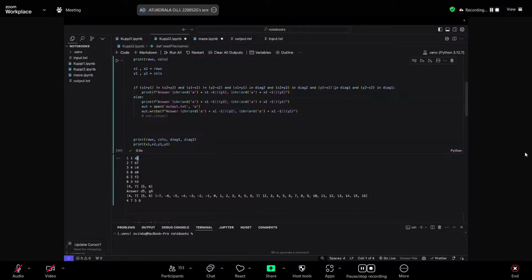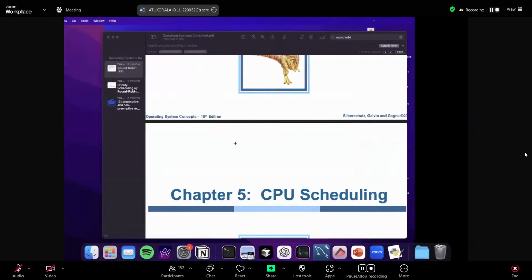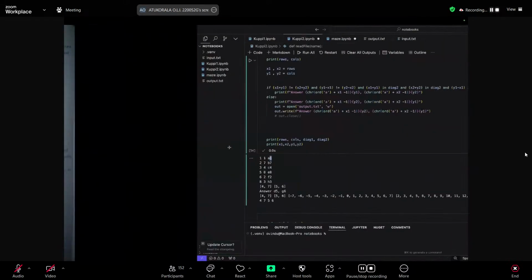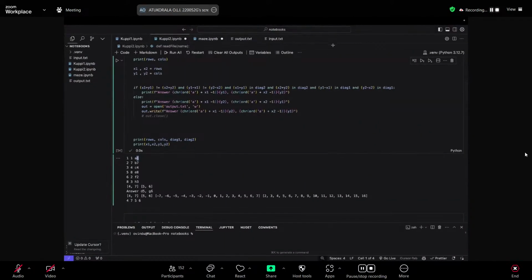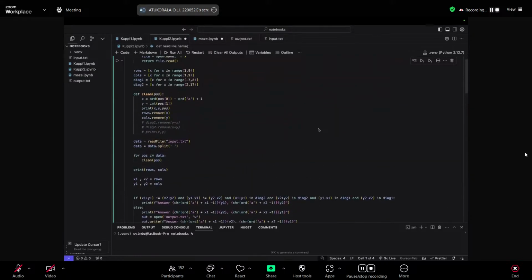So now we'll come to the question, how are we going to uniquely identify diagonals? So that is the question that I also had. So how am I going to uniquely identify a diagonal in this question? And that is when I thought, okay, I'm going to think of this chessboard as something like a grid or a graph.